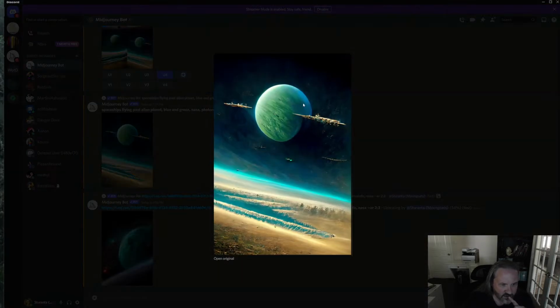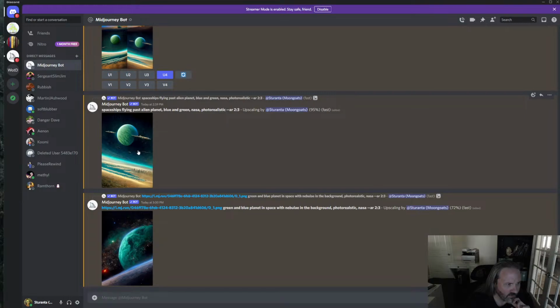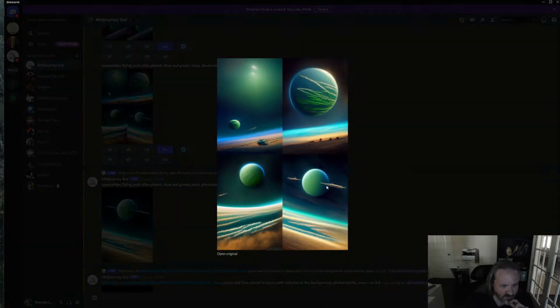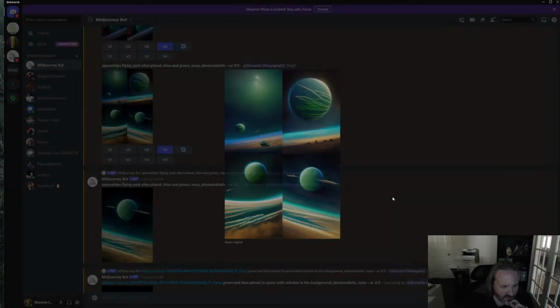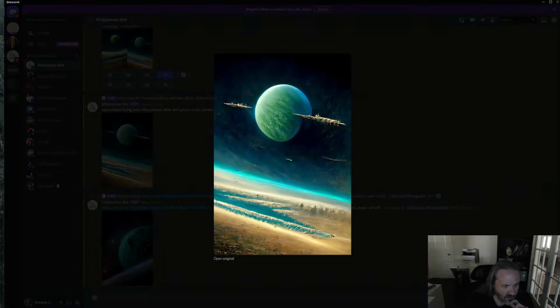And I think this one actually looks really cool too, because it already has the spaceships. But the planet looks a little weird here, so we might want to fix the planet, because sometimes when it upscales something, it screws up the upscale and the planet gets messed up. Or we can,